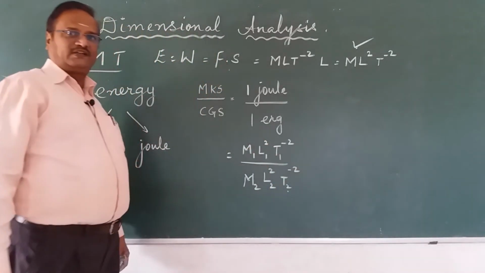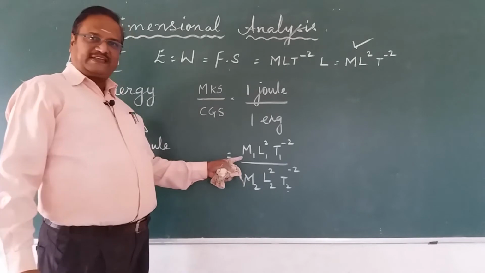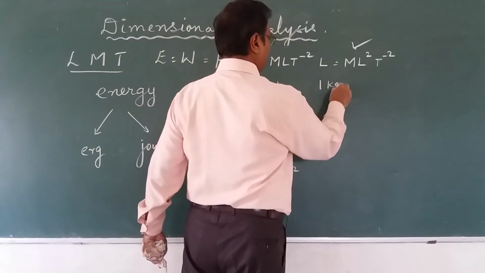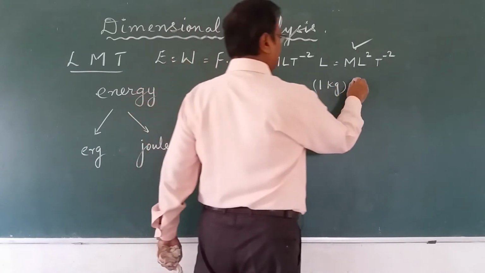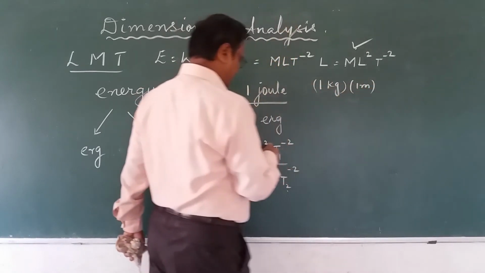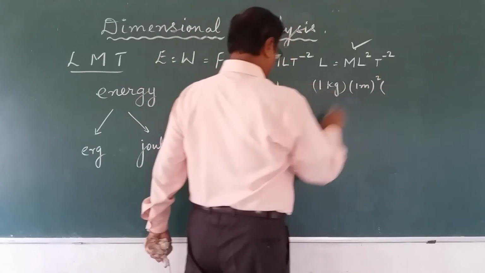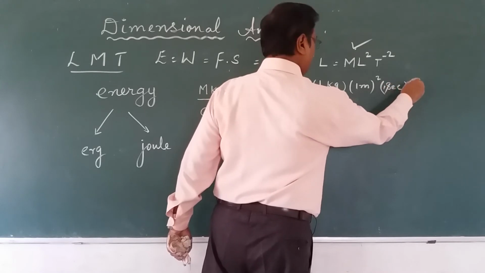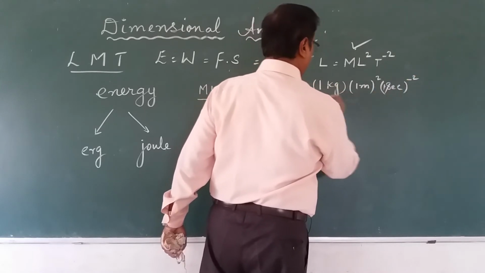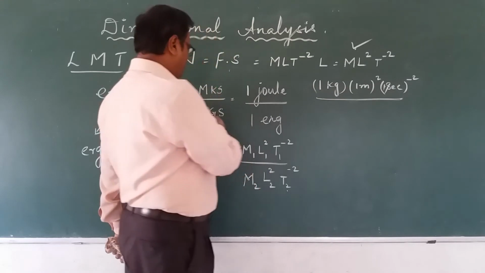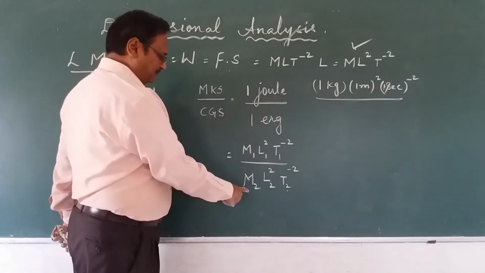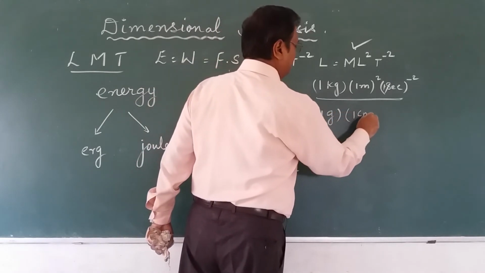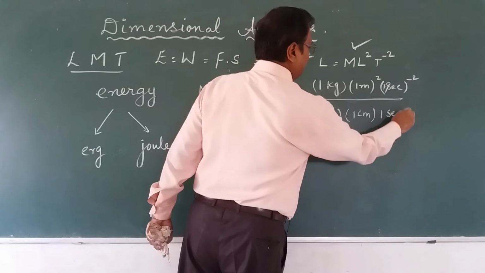Above is the MKS system: mass 1 kg, length 1 meter, with power 2, time 1 second, power minus 2, divided by the CGS system, erg: mass 1 gram, 1 centimeter, 1 second,